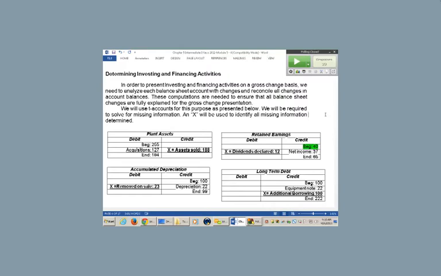Now, what's the book value of a plant asset? Right, it's the cost minus the accumulated depreciation. So I need to know both the cost and the accumulated on that. So if you look at the entry, and I don't advocate plugging entries, but that's all you can do unless you're auditing this company. In this case, you know that if you added 127 here, it's certainly not going to be the 194. So to get the asset account to balance, you have to assume that you sold 188 in plant and equipment.